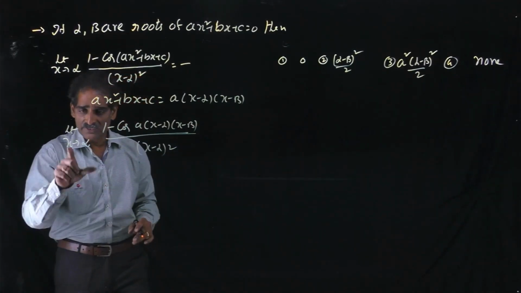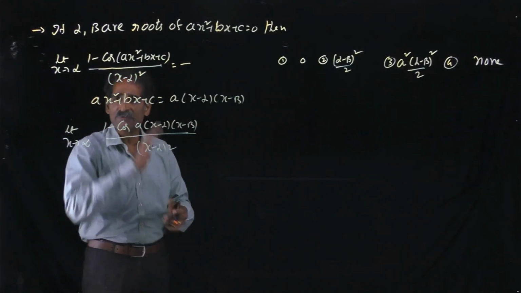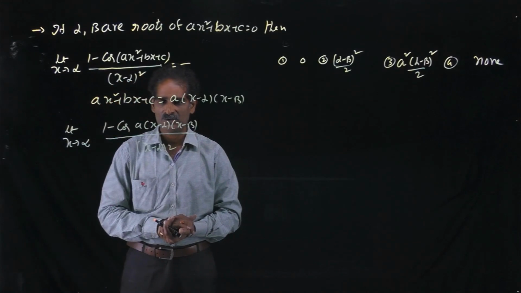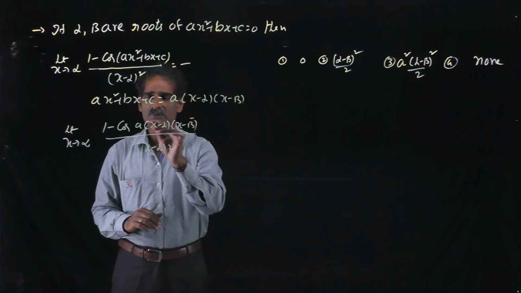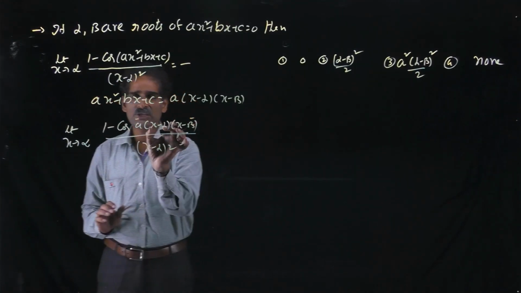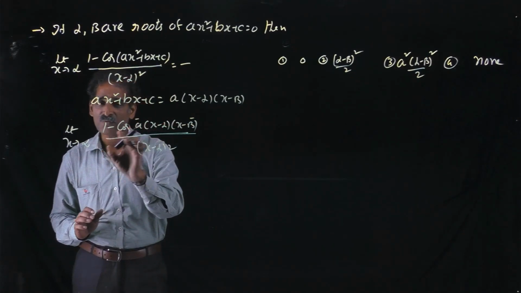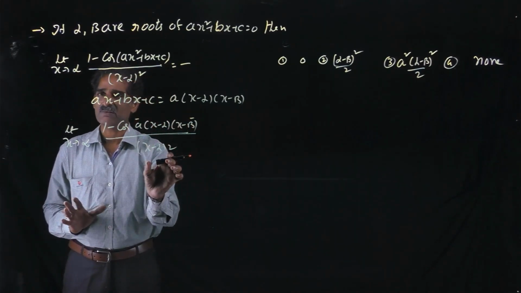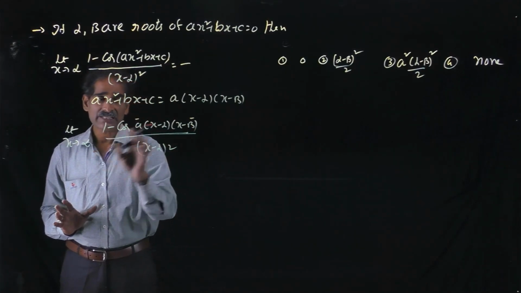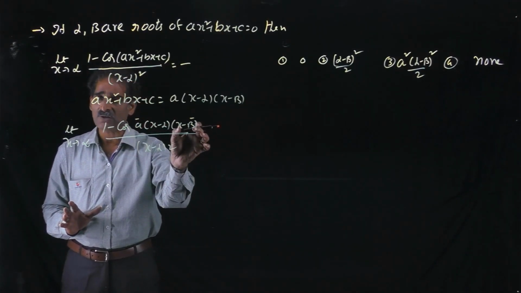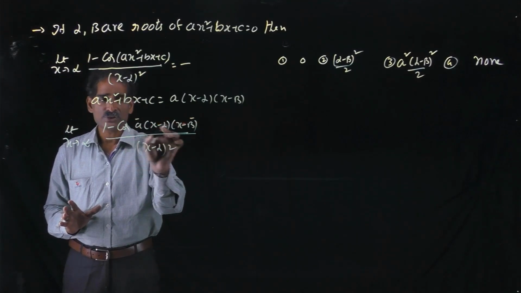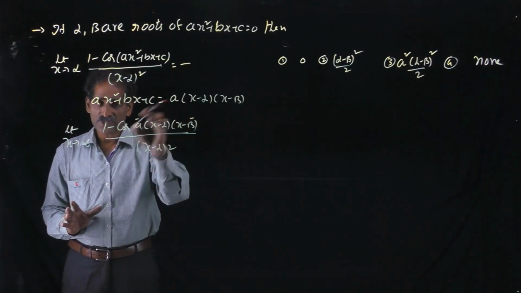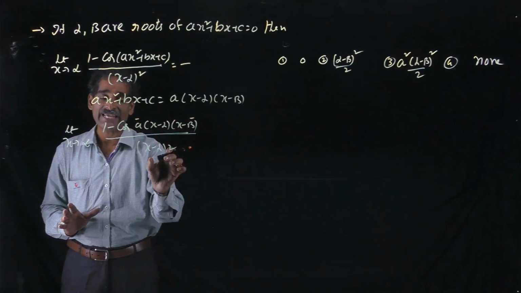Just here observe that x is tending to alpha. Alpha is the variable, beta and a are the constants. So this is the constant term, this is the constant term, this is the variable. Now it is in the form of 1 minus cos kx by x square. Understand? As x tends to alpha, this is a constant term. This is a constant term. This is the only variable. Now it is in the form of 1 minus cos kx by x square.